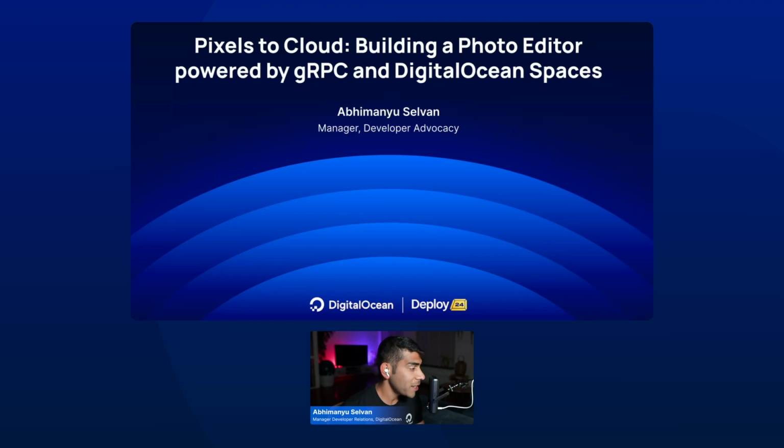So one thing led to another, and I found myself deep into this rabbit hole of building my own cloud storage and photo editor app. We've all done that, right? You find something and you'll be like, "Oh, that is cool. I want to build that." And then you quickly realize how complex of a system it is and how really complex it gets so soon, right? So you need to take a step back and then try to do it in incremental fashion,